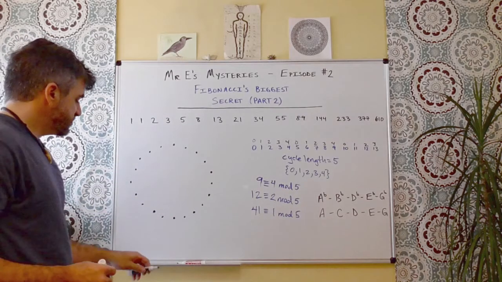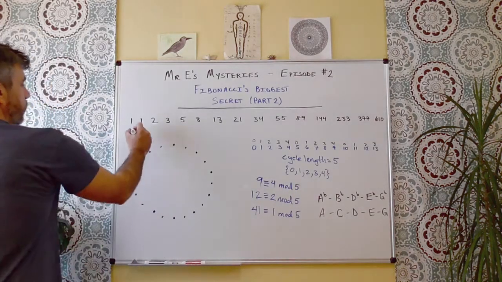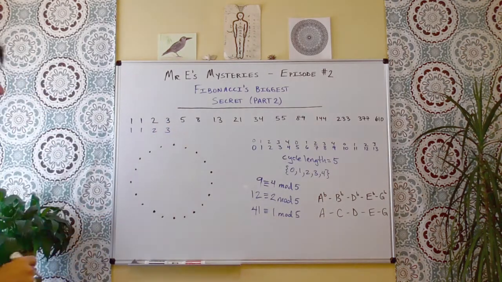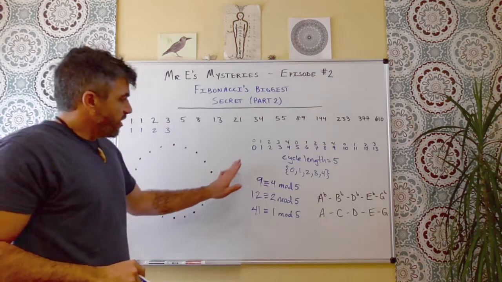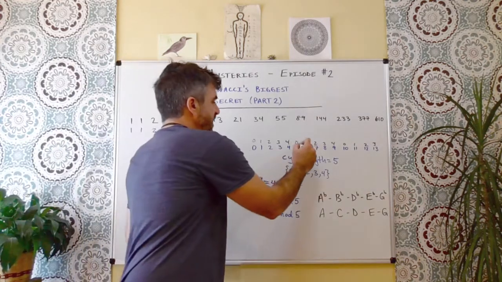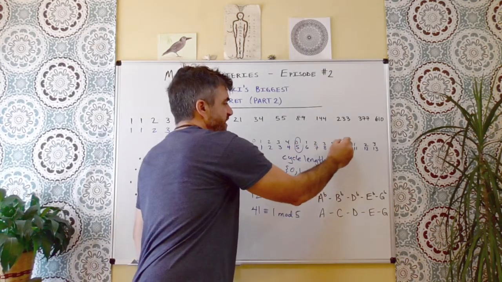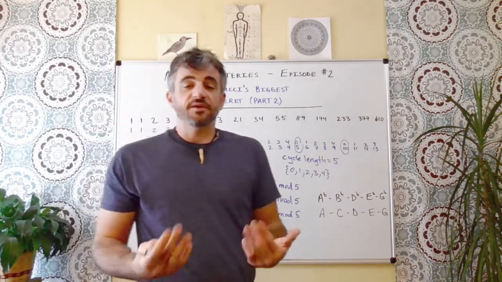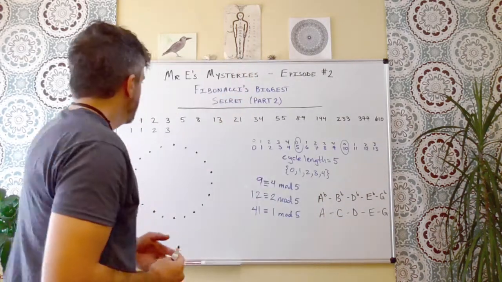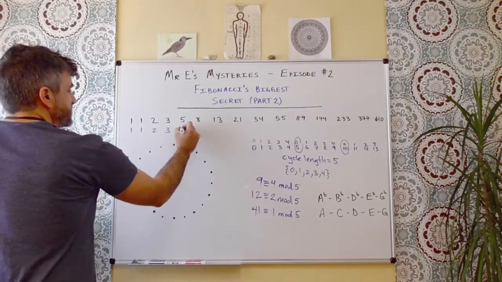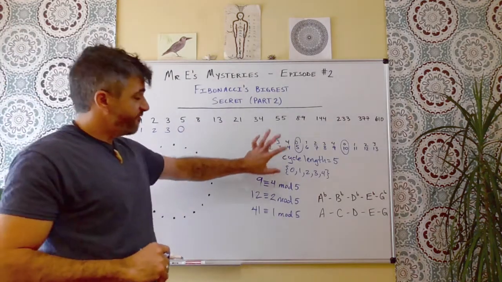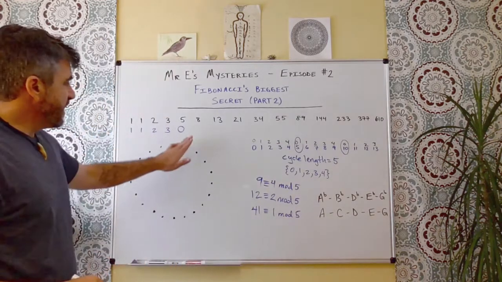So for the first few, it's quite simple to see that 1, 1, 2, and 3 all remain as they are. But if we recall, 5 became 0, and so did 10, and so will 15, and so will all numbers that are divisible by 5. And so this 5 in the Fibonacci sequence becomes 0 with the mod 5 math lens. Now let's look at 8.